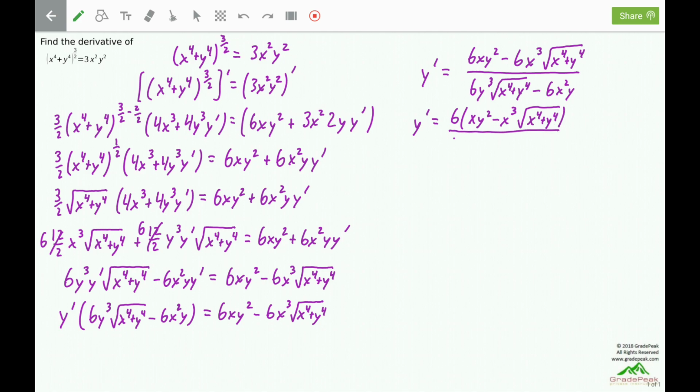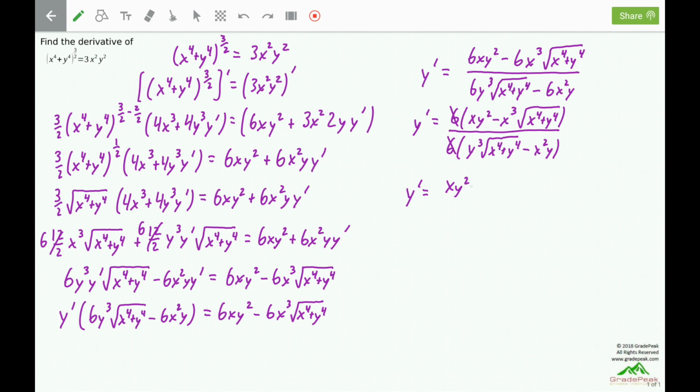And in the denominator, 6 times, and we will be left with y cubed square root of x to the fourth plus y to the fourth minus x squared y. The 6's can cancel,